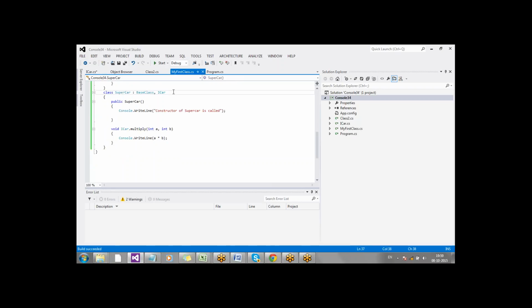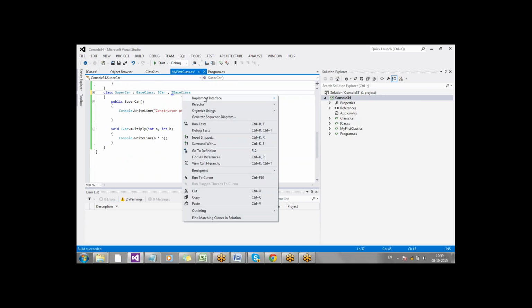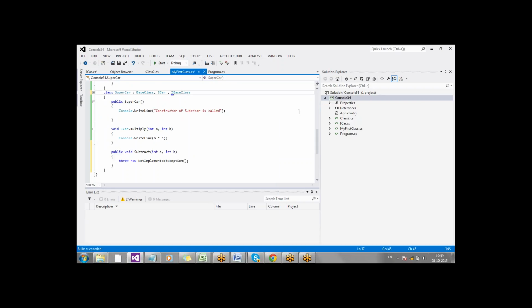Now I'll inherit this class from IBaseClass also, and I'll implement this interface also. Fine. Which means multiple inheritance is supported through interface.